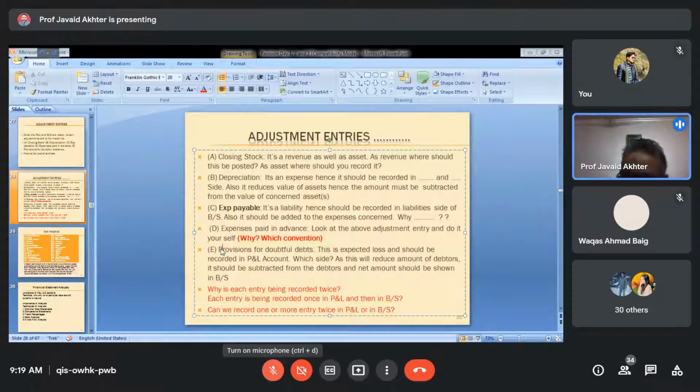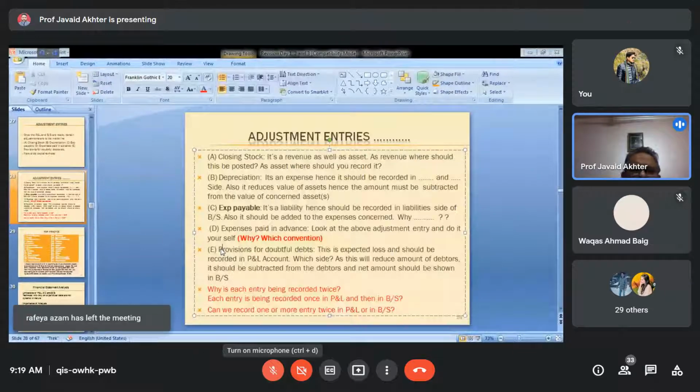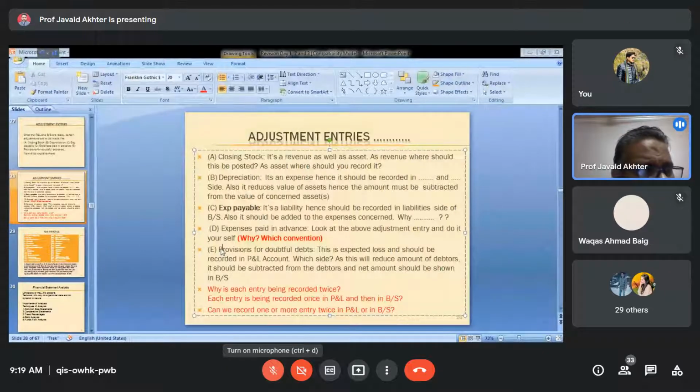We sold goods to somebody on credit, and now we are in doubt that that party may not pay. Or, out of total receivable, that is a better explanation of what I am saying now. Out of total receivable, you have sold goods to 1,000 persons of varying amounts. To somebody 1 million, to somebody 1,000, to somebody 5 crore, like this. So you have a total money receivable and a total number of people receivable. So you have estimated that roughly 3% of the amount will not be recovered. So you are making a provision. Now the meaning is clear. Again, I am asking the question in terms of asset, capital, liability, expenses, and revenue. Which one is this?